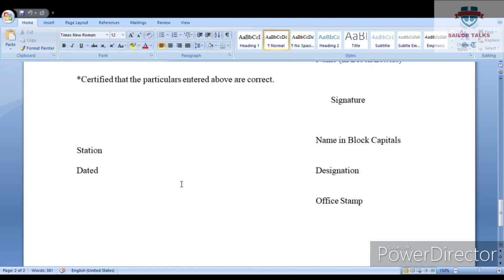But if you get it done from a person who is not a gazetted officer, then your application might get rejected. I have seen cases and heard that many applications got rejected, some of them because they were attested by a local notary, which is not applicable. Notary attestation is not valid, so it is to be done by a gazetted officer.